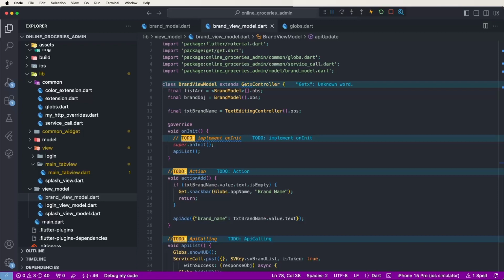and call the view models, need to bind and call all the actions and